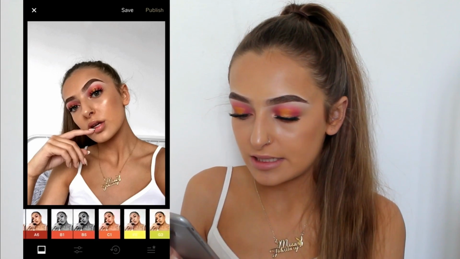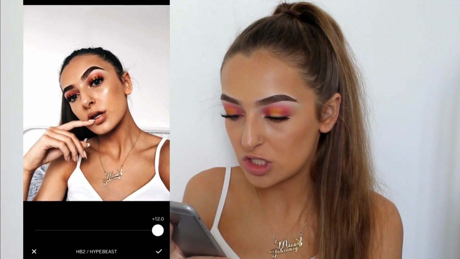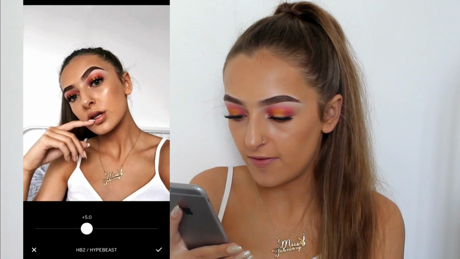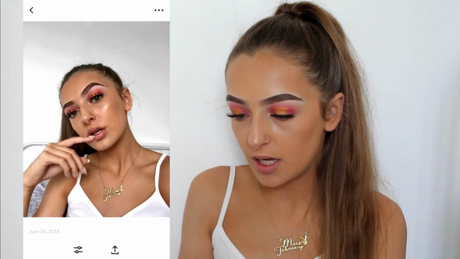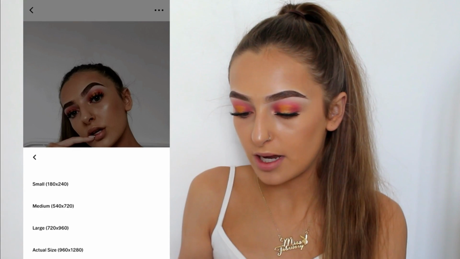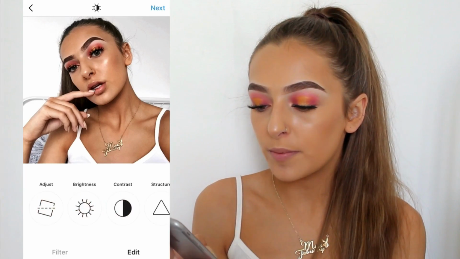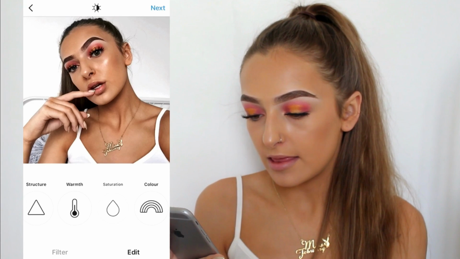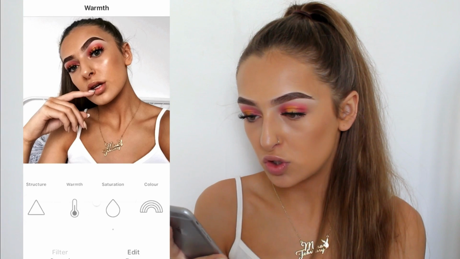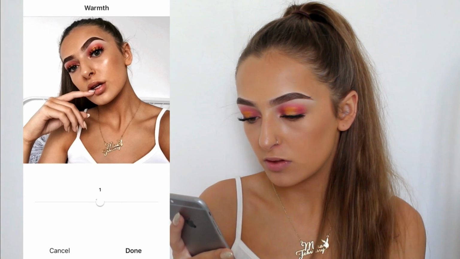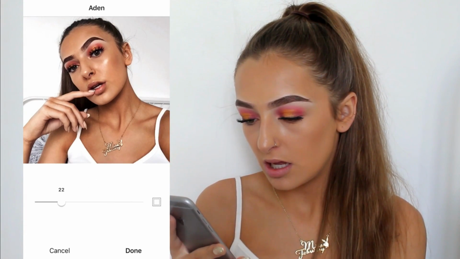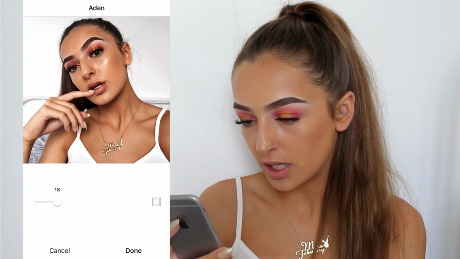So when I'm in VSCO, I go to the filter HB2 and I just turn it down to like here, like 5 plus 5, and then save that. So as you can see the difference there. And then I'll save that to my camera roll. And then I'll open up the picture in Instagram and go to edit, and then I will turn up the saturation a little bit, like 2, turn up the warmth to like 1, and then I go to filter and I go to Aiden and I just drag it down to like,